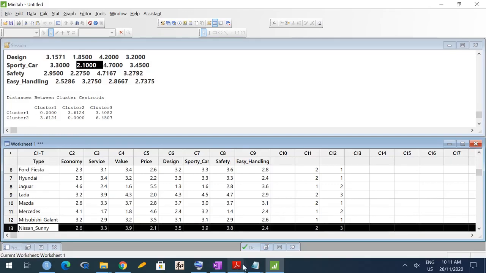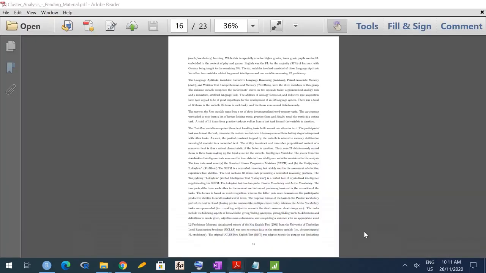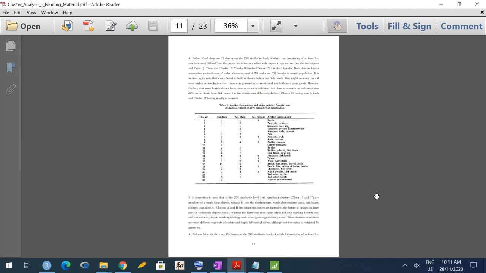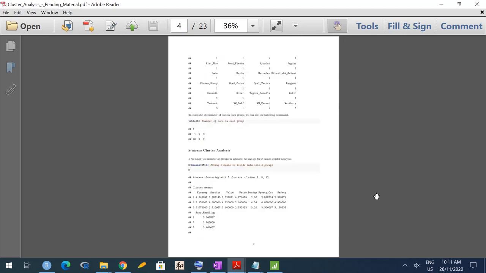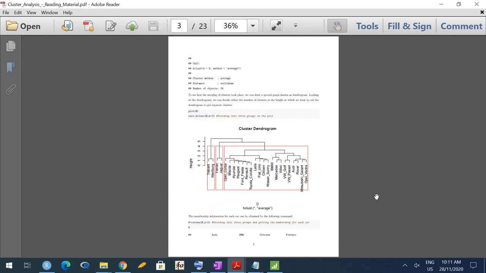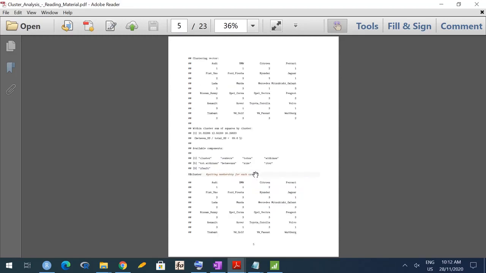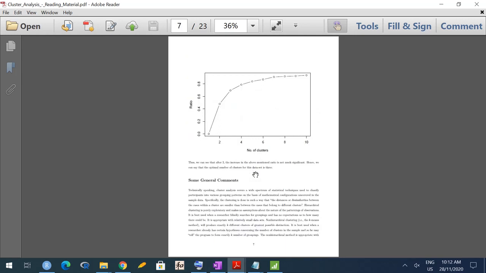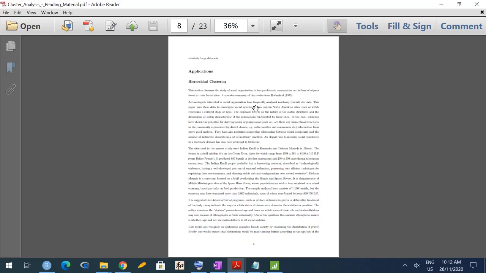Similar analysis can be carried out using R. Direct commands are available for computing distance using different methods, and then using those distance functions, we can carry out clustering and get the dendrogram. Okay, so I've done it here. You can see it later. I'll share the document with you. I've discussed some sort of algorithm for deciding the optimal number of clusters also.